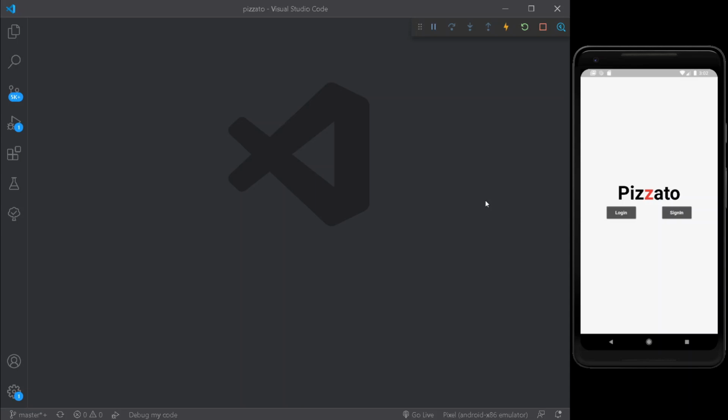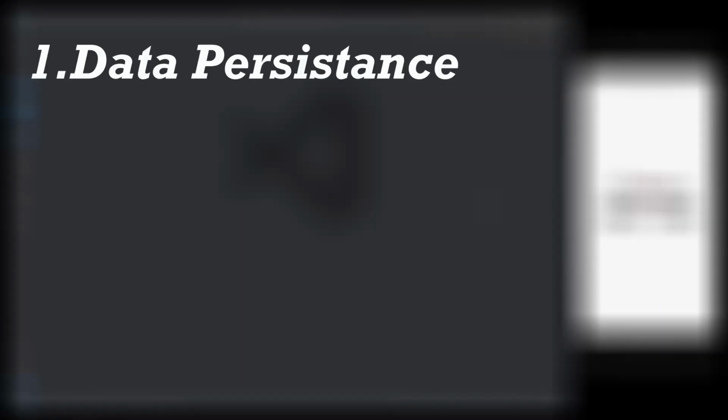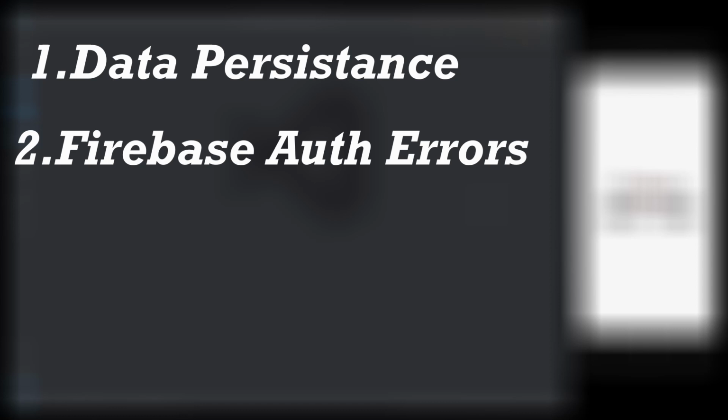Instead of watching the login page, the user shall be seeing the home page. Let me tell you about all the particular objectives of today's video. As I told before, the first objective will be storing the dynamic value of the user. The second one is adding Firebase authentication cases through which, if the user has entered a wrong password, if the current user does not exist under our Firebase, or if the user has entered a wrong email, we shall be showing all the errors.